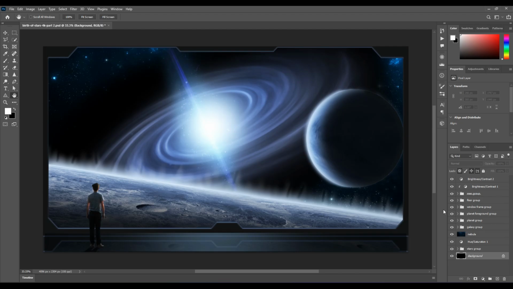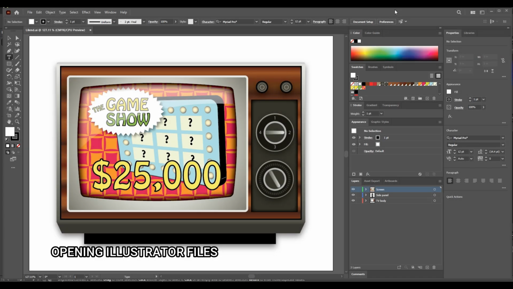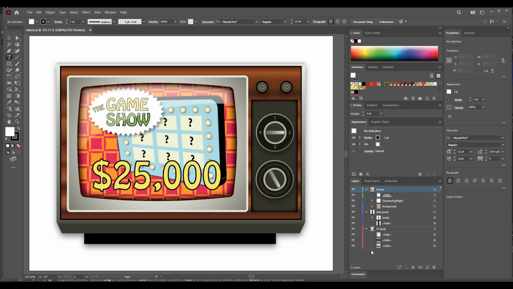By using the Preserve Editability option, it allows you to have the maximum amount of editability when working between these two programs. Now let's look at opening up Illustrator files in Affinity Studio. So here I am in Illustrator and I have this file already opened. Let's look at the Layers panel so we can see the structure of this file. For this file, we have 3 layers, and you can open up the layers to see the sub-layers. Okay, I'll just close those sub-layers.